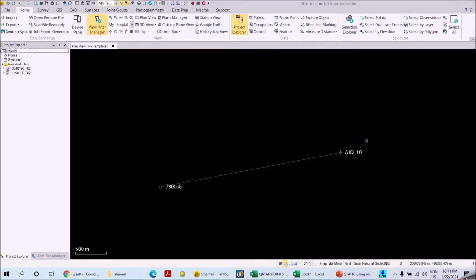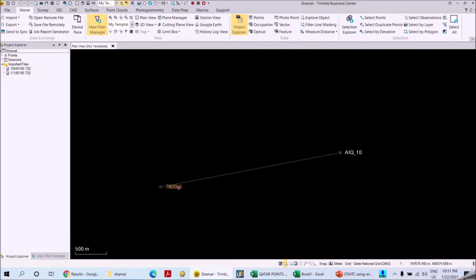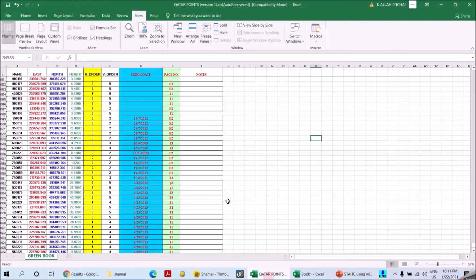To verify that the values we have achieved for this new base point are correct, we have also taken a new control point which is close to the site and made an observation from this control point to my newly established base point. This is the control point ID which I have obtained from the government authorities, the Center for GIS authorities, and I am going to search for the values of this control point in my control points list.